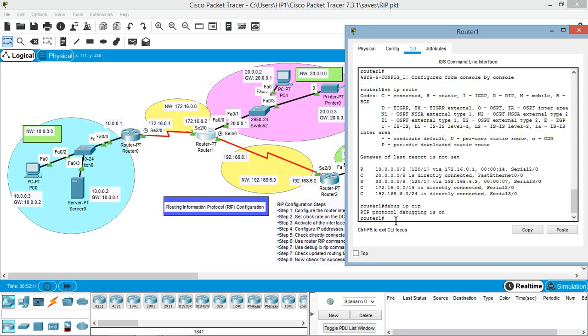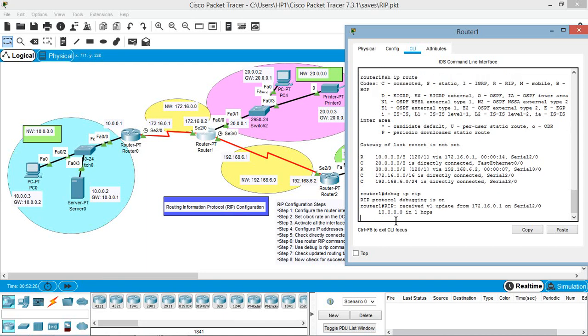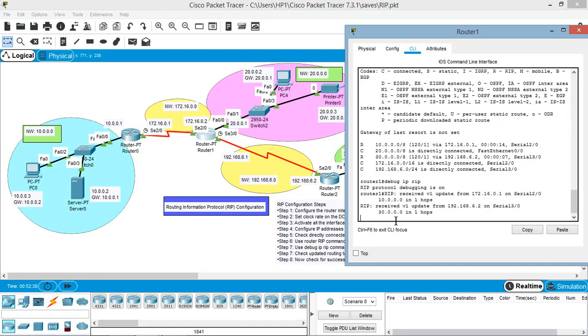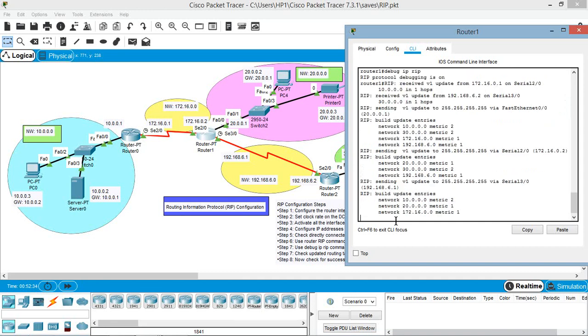You can see how router 1 learns the routing tables or learns the routing paths via its neighbors. It sends the version 1 update to all the connected devices in the network. That is, it broadcasts the version 1 update to all the networks, and it also receives the version 1 update from its neighboring routers and builds the routing table entries.